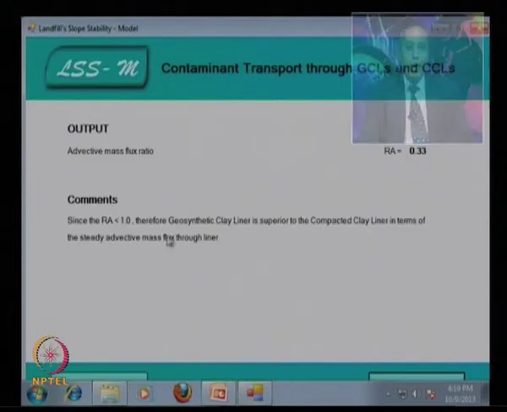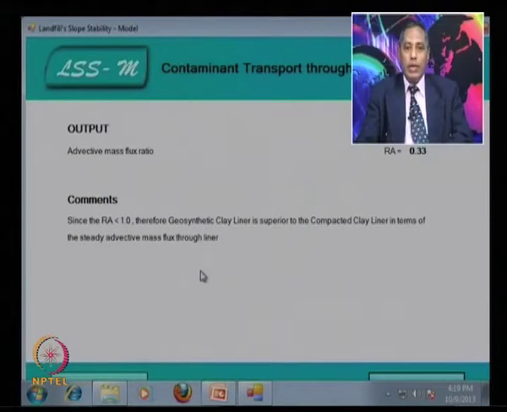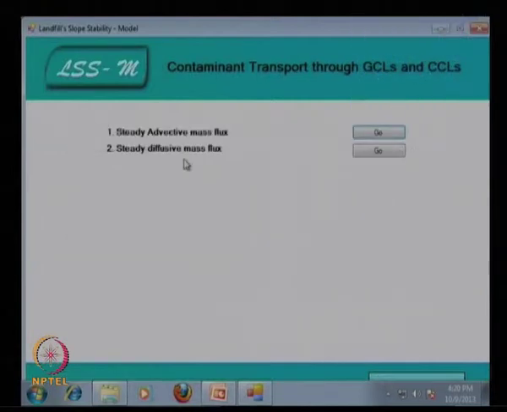So you can calculate the advective mass flux ratio, that is RA, which is equal to 0.33. Since the RA value is less than 1, the geosynthetic clay liner is superior to the compacted clay liner in terms of the steady advective mass flux through the liner. And if it is a steady diffusive mass flux, this